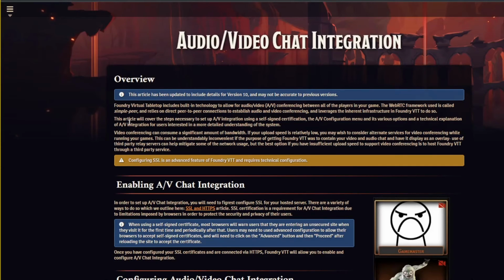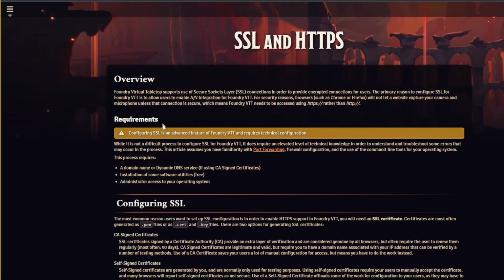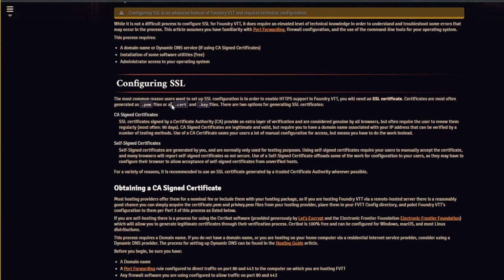And it'll talk about the audio chat integration. And this is where it tells you about needing the SSL certificate for this to work, and it explains how to get it. Right here in this audio visual or audio video section, if you click on SSL and HTTPS, it'll bring you to the site that talks about having to do some port forwarding, how to configure SSL, needing